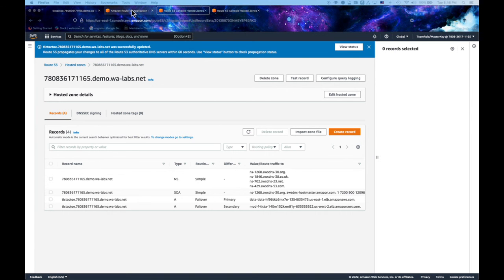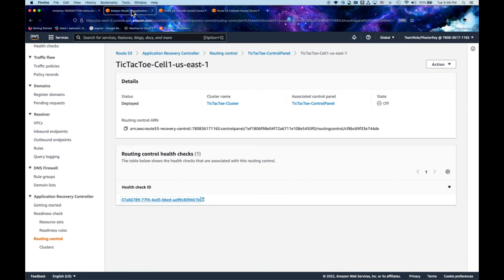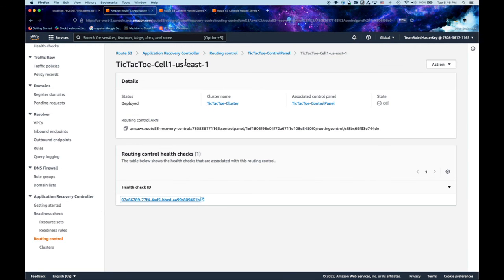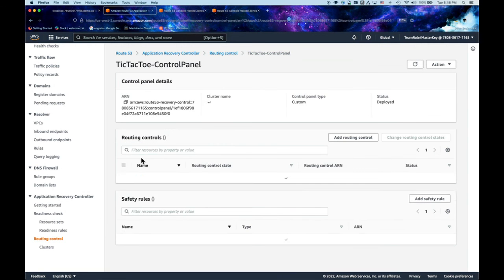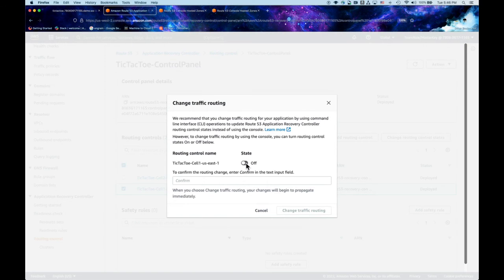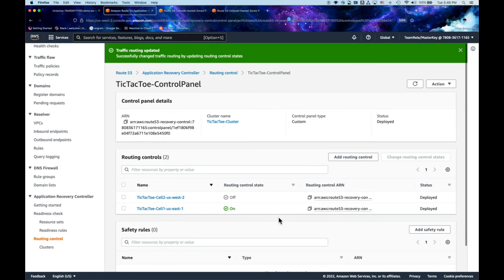And what I'll do is go back to my routing control and turn that routing control on for my primary region and make sure that we have a production scenario here, right? We would always want one of these control states on, and we're all good here, right?